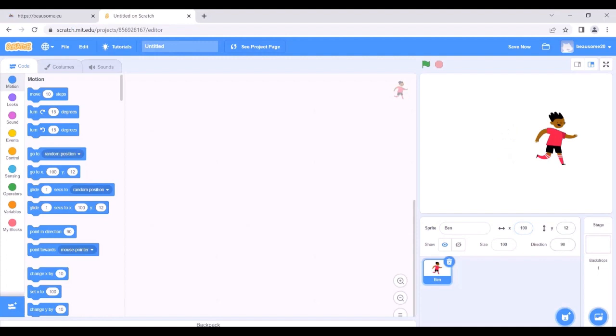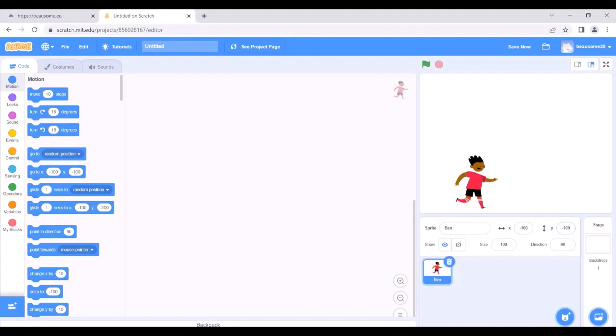We have y-axis, which we can change to 100 as well. Our sprite will move up. If we decrease the x value to -100, our sprite will move left. And if we decrease the y value to -100, our sprite will go down.